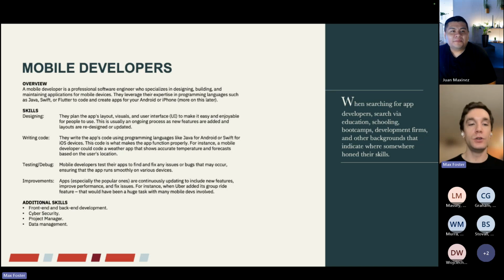And with that, you want to try and find those mobile developers, right? And one of the best ways to do that is to search by some of those educational skills. So Udemy is an online university type system or online learning platform. Search by Udemy, right? Search for those certifications related to mobile developers.